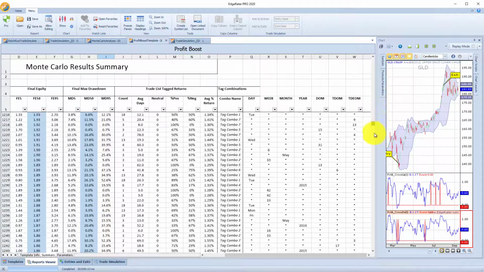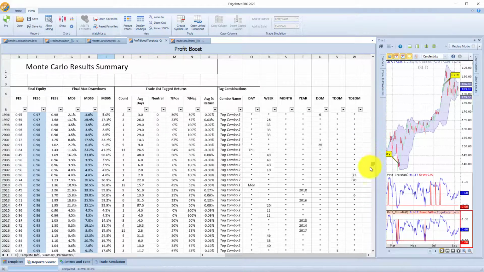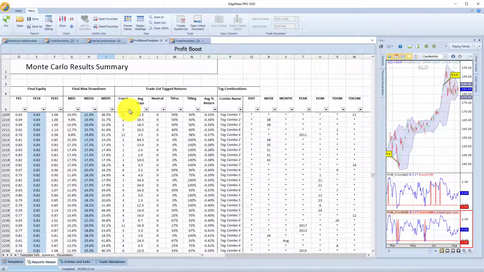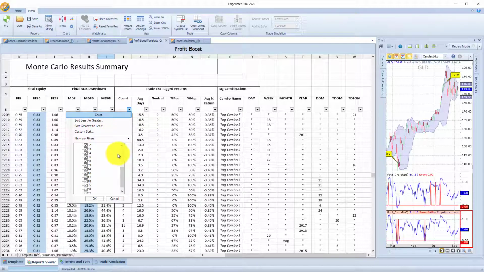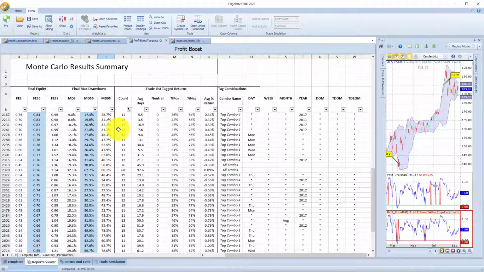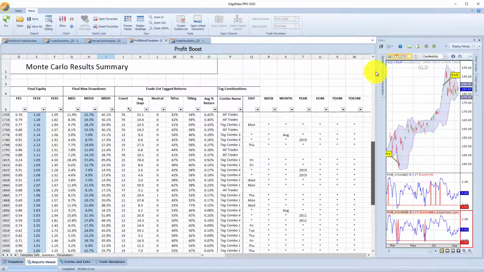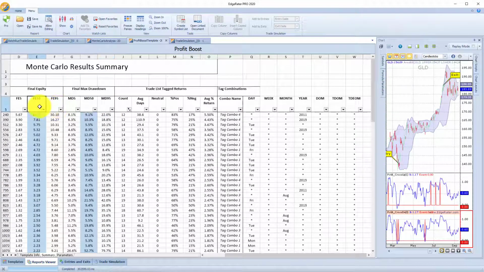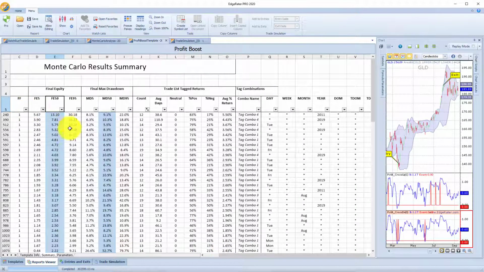And the default tagging that's in there is tagging by seasonal value. You can filter this to find only the tags that have, say, greater than, let's say 10, for example. So you could say number filter greater than 10 here. So these are tag groupings that have more than 10 trades. And then you can scroll to the top of this list, sort by your FE50, and you can see that in this case, trades in 2011